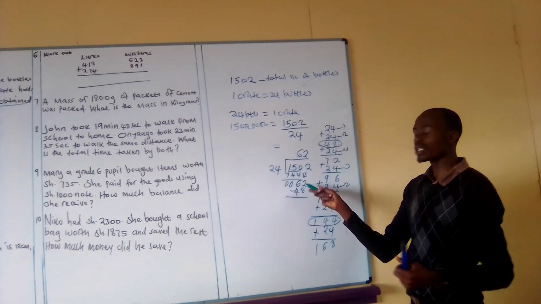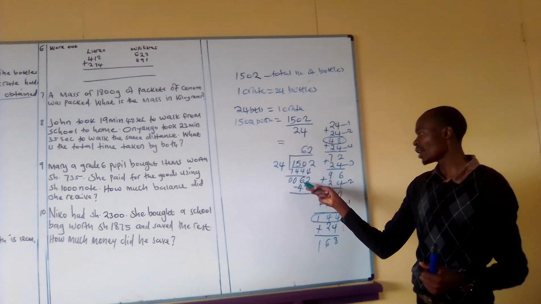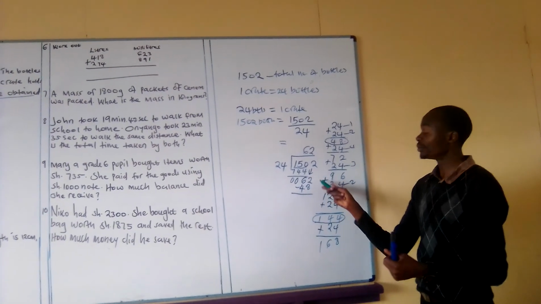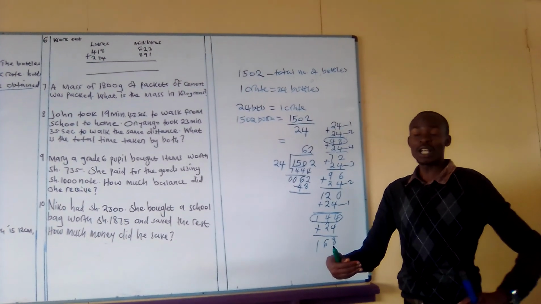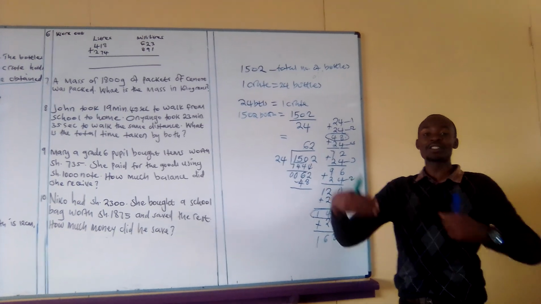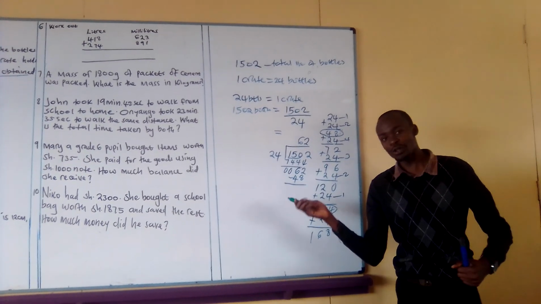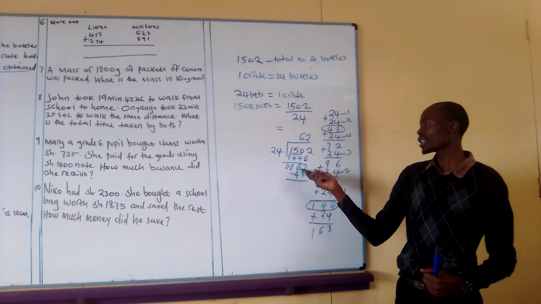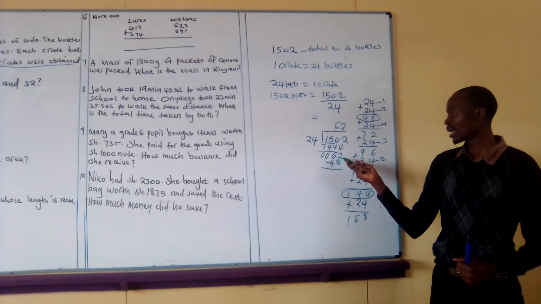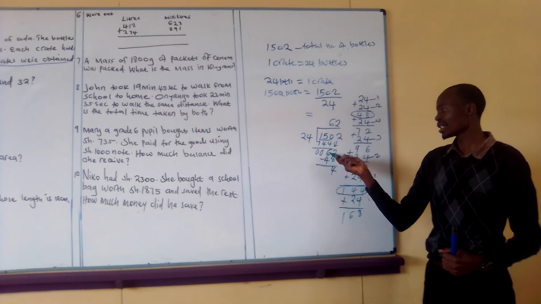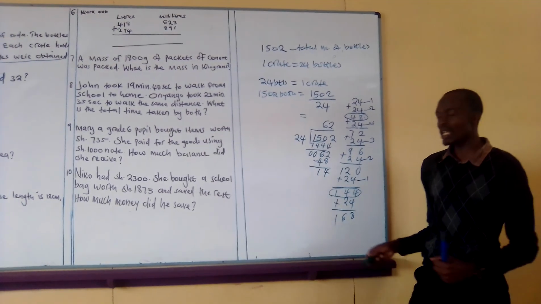Now, we cannot take 8 from 2. Therefore, we will borrow 1 from 6 to become 12. As you know, you cannot carry your father or your mother. So, someone to carry your father or your mother should be at least bigger. So, that is the same idea we should reason here. Now, we must borrow 1 to make it 12. 12 minus 8 makes 4. Here it remains 5. Minus 1 makes 1. Therefore, our answer will be